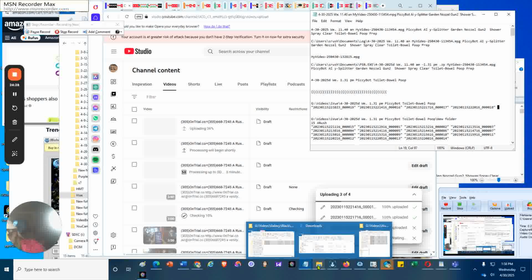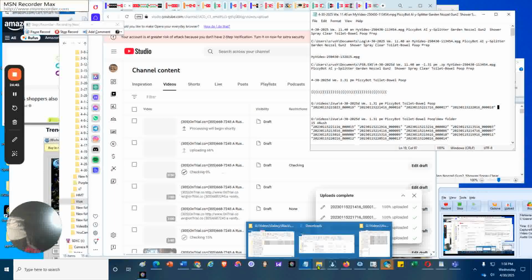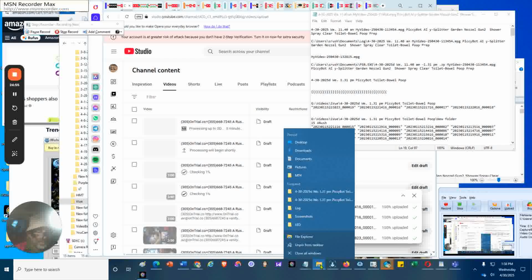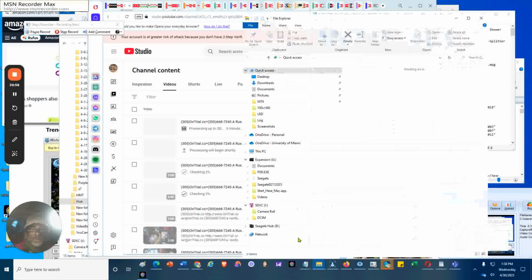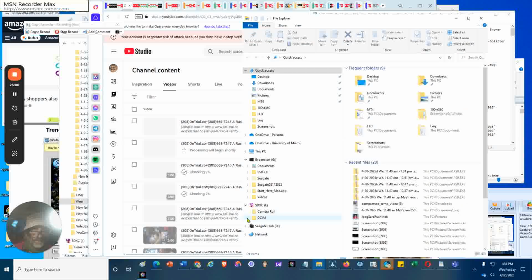Just inserted the micro SD card into the computer right here. And now I want to navigate to it and strip the media off of it from the micro SD card for this 360 camera, the Kodak Pixpro Orbit 360 4K camera. So I'm going to navigate with another instance of File Explorer to the micro SD card, click